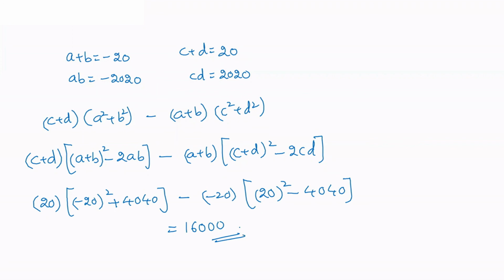So the only thing that we have to do is take a completely different factorization than what is given in the question. Then we directly substitute the sum of the roots and product of the roots, which give the required answer, which is 16,000, which is option D for this question. Okay. And in the next video, we are going to see the solution for the second question.